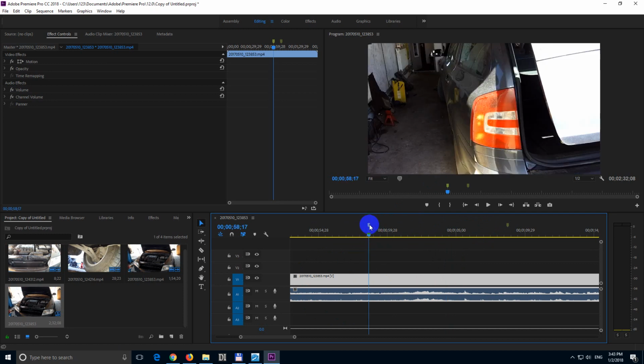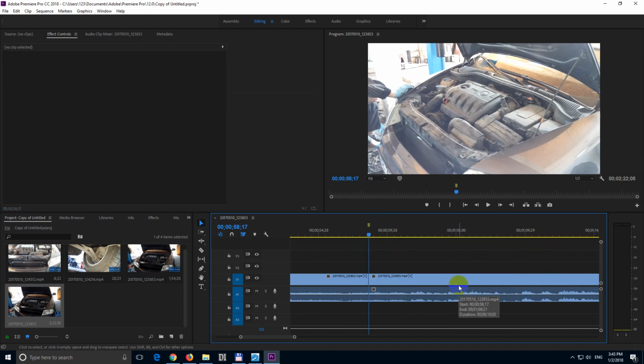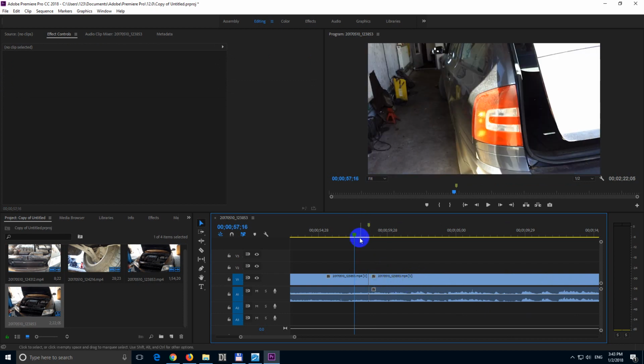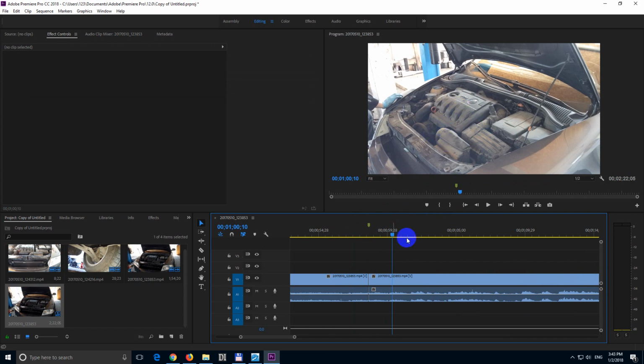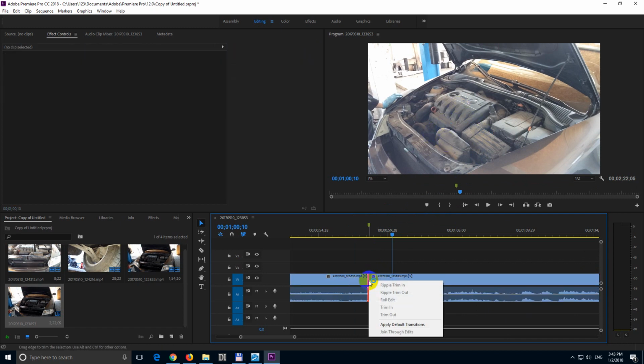So I'm going to this marker, Control K on the keyboard to split it, Control K again, select this one, Shift Delete to delete it and move the next clip to the left. Okay, so we have this one with the tail light and the next one with the engine. So two different clips, and if I right click there in the middle and apply the default transition, then if